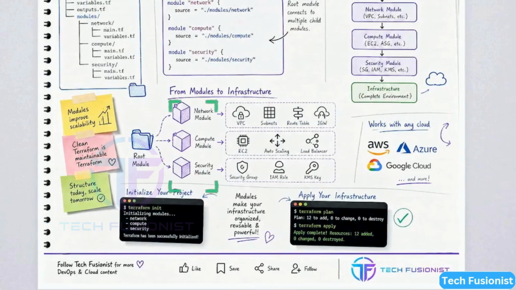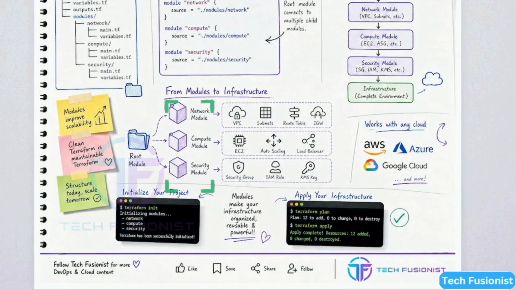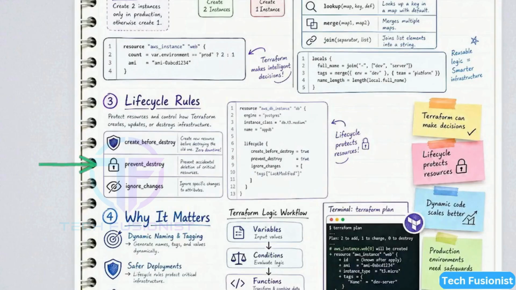This diagram maps how modules work like pre-packaged building blocks. You can stack standard, reusable security or network pieces together to form a massive system instantly. Look at the lock icon in the lifecycle rules box. This is where you add safety mechanisms to those blocks, telling the system to lock critical files and prevent anyone